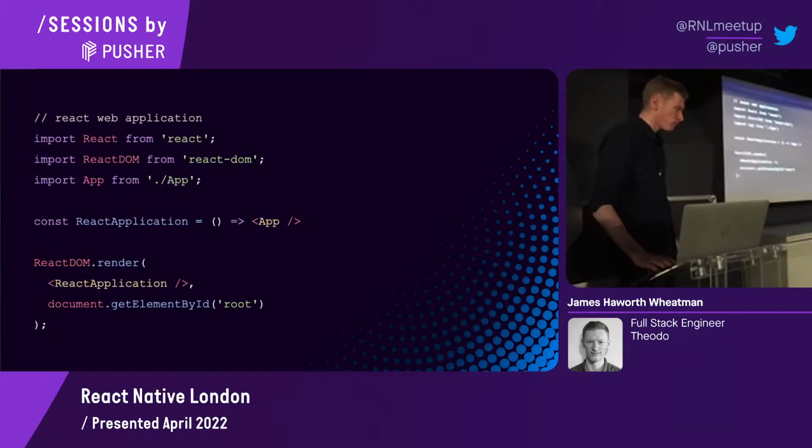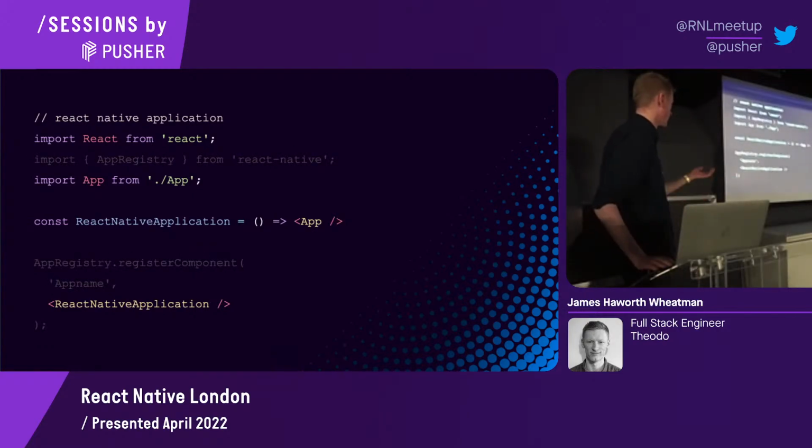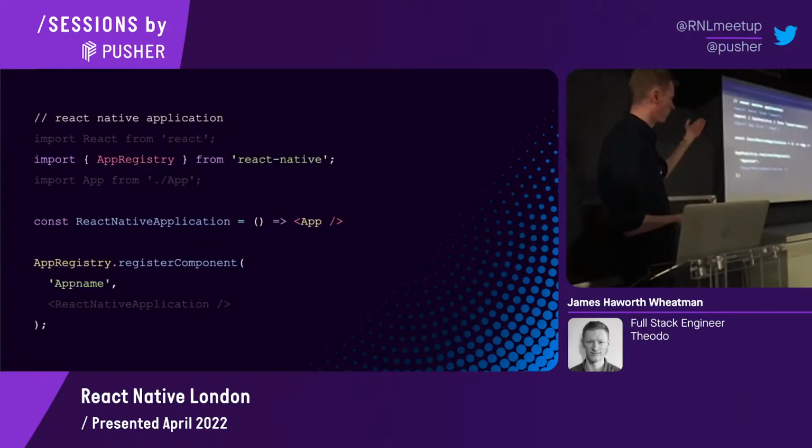So what does a React Native project look like? Very similar. This will be your, well, not your app.tsx, but your index. You've essentially got the same thing. You've got React, so everything that I can do in React, I can do in React Native. But here, the thing that we've switched out is essentially the renderer, which we're getting from React Native.